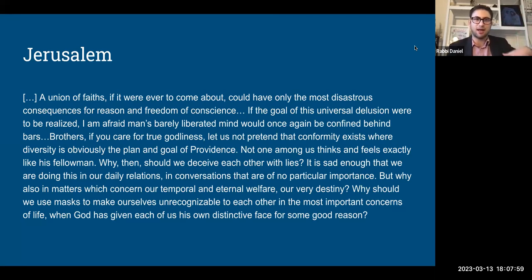This was still at a time, again, the power of the church was waning, but this was still at a time where to be a good European was to be a Christian, right, usually white, right, male, all of these things. And he's basically saying, right, this is just a falsehood. It's a religious argument for pluralism, and one that I think cuts very deep, and one that both heavily influenced